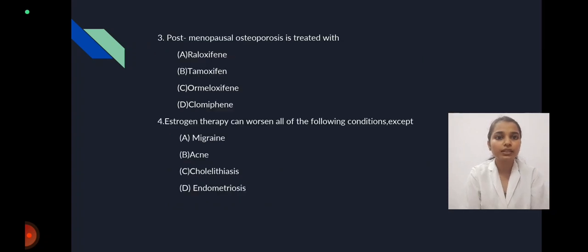Now the third question is, postmenopausal osteoporosis is treated with. Its answer is raloxifene. So A is our answer. Now the fourth question is, estrogen therapy will worsen all of the following conditions except. It can worsen migraine, cholestasis, endometriosis, but option B, acne, is not an